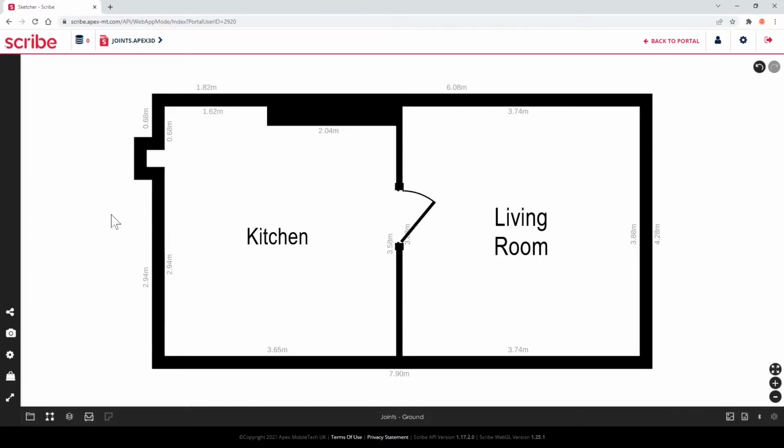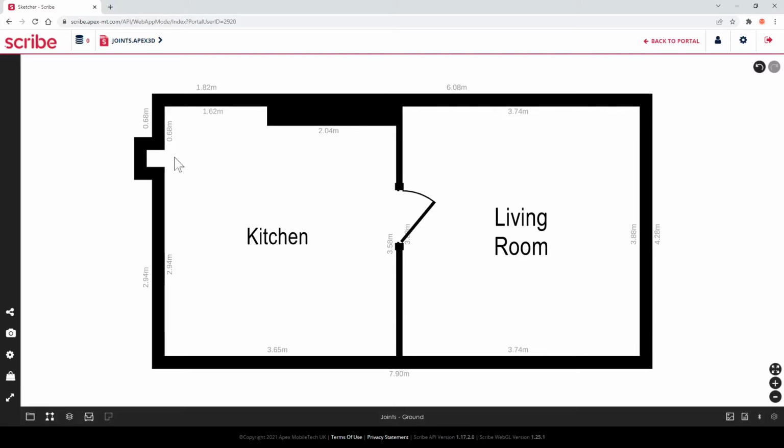When drawing your plan, you may find that there are some scenarios where you need to split an existing wall into sections. This could be because there is a single wall that has variations in its thickness, or you want to add extra walls or change the shape of a room without deleting existing walls. This can be done using the joint tool, which allows you to place additional points along a wall, effectively splitting